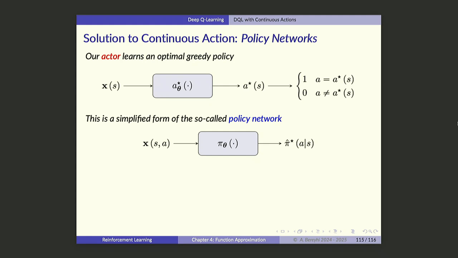You basically do the same thing as the top one, but with a stochastic approach. So if this is, for instance, a Gaussian distribution, which is triggered by your state, you give your state, then it's a Gaussian distribution, you just sample from it, and this is going to give you one action, correct? Everybody's cool? So this is the policy network.